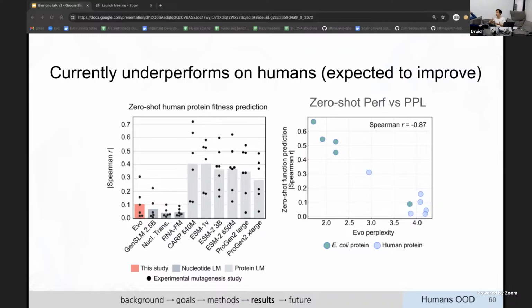It's also useful to see some of the failure cases, right? So the sequences shown before were all done on prokaryotes, which is what the model is trained on, so all in distribution. Now we start to see how it performs on human proteins. These are proteins that are not seen during training for EVO, but in these other protein models, they have, so they have this advantage. And in those cases, EVO doesn't perform very well, but it's sort of understandable since it's out of distribution. That being said, it seems reasonable that if we can improve performance on perplexity during pre-training by showing it human proteins, it should be able to learn human protein function as well.